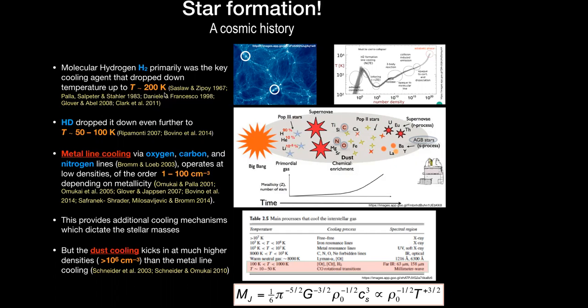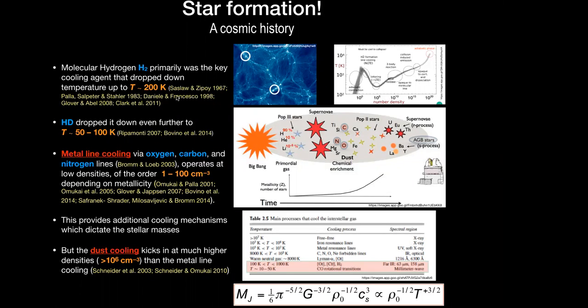But still, if you see the temperature, it's 200 Kelvin. It's relatively high as compared to what we observe in today's star-forming regions, where the temperature ranges around 10 Kelvin. So this relatively high temperature is actually an indication that the mass of this fragment would be relatively high. And when it starts accreting, growing in mass, it's going to end up with a very massive star. So these first stars, which came into existence inside the dark matter mini halos, were quite massive in general, just because the Jeans mass was quite high.